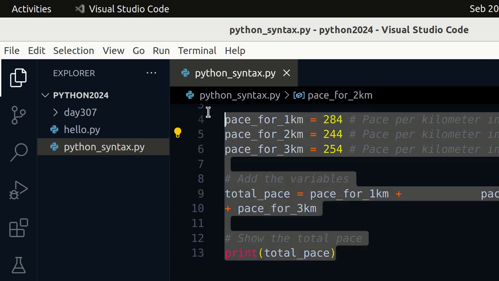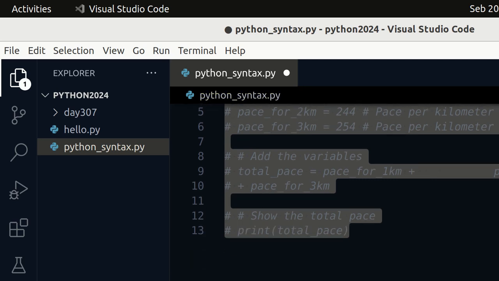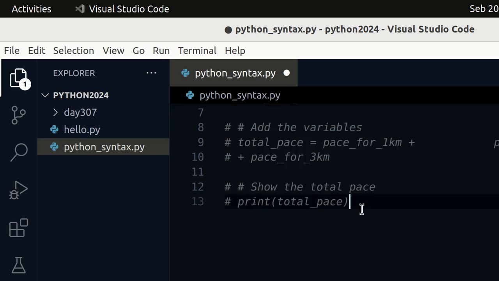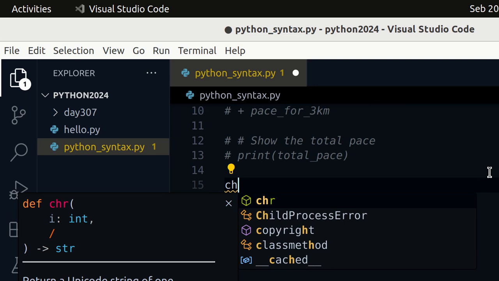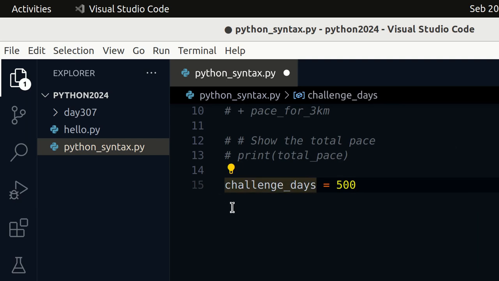let me comment all of this and clear my terminal here. For example, I create a variable called challenge_days equal to 500.